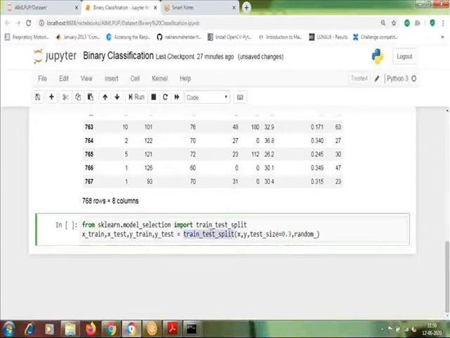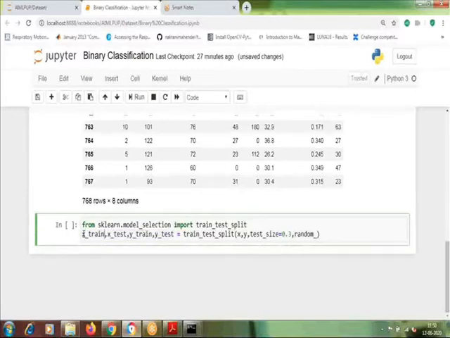When we split the data set, it will be split into 4 parts: features for training, features for testing, label for training, and label for testing. So we need to give 4 variable names here, in this manner.